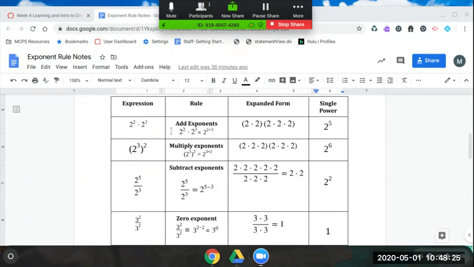So in this case, the base is 2, so we're keeping that, and we're adding 2 plus 3. And of course, 2 plus 3 is 5, so our final answer is 2 to the fifth. Another way is the expanded form way. This just says 2 to the second, so I have 2 2's here. This says 2 to the third, so I have 3 2's here, and if I count them, I have 1, 2, 3,